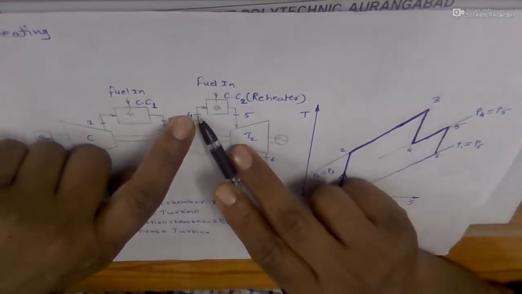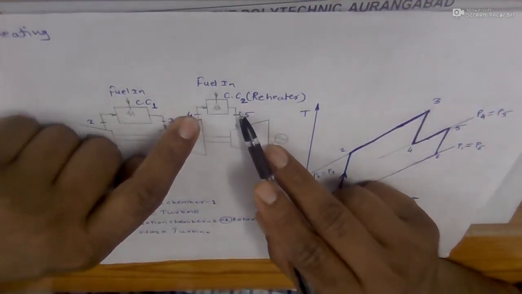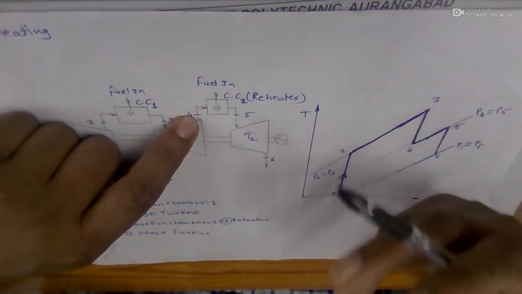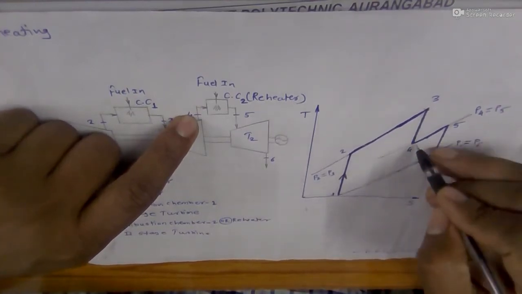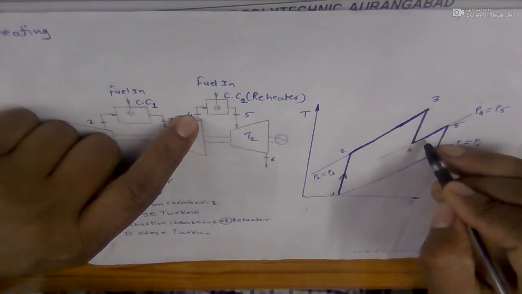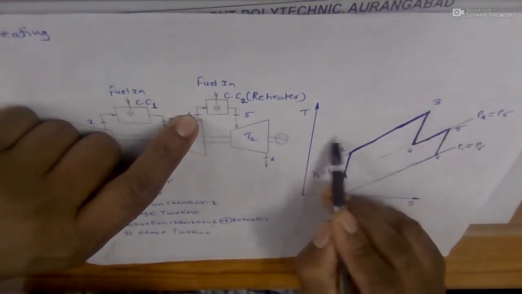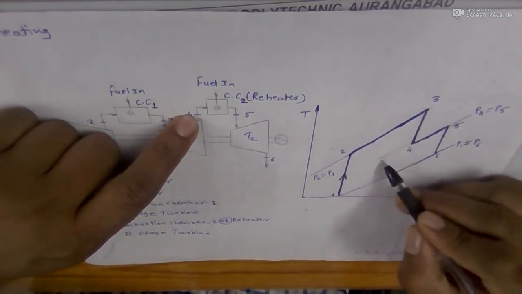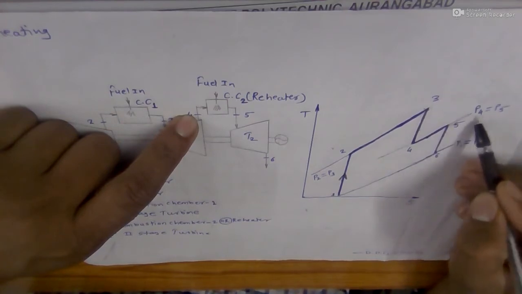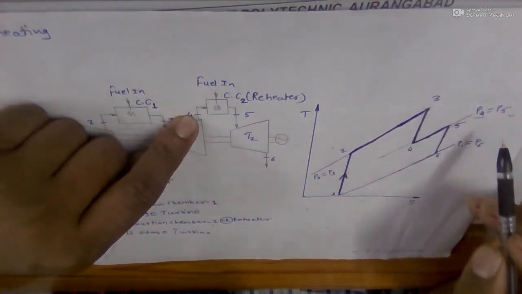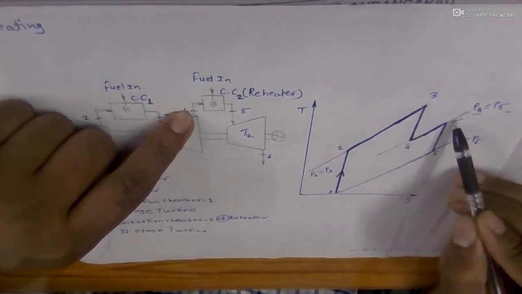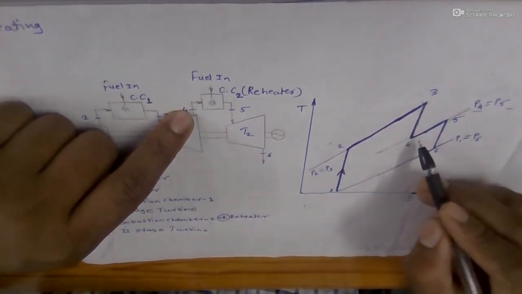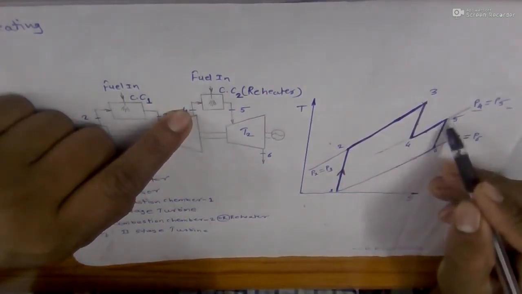After state 4 it reaches the second combustion chamber. Inside the second combustion chamber, a very small amount of fuel is injected into that air stream, and combustion is carried out further, and due to that the temperature rises again. You can note this from the TS plot. It follows not a vertical line but a constant pressure line having pressure P4 and P5. So the process during state 4 to 5 is nothing but a constant pressure heat addition process.